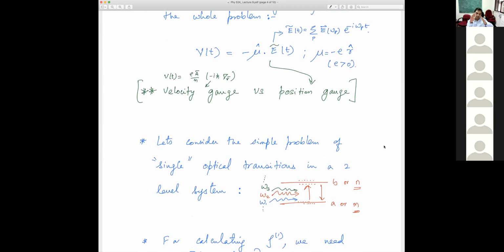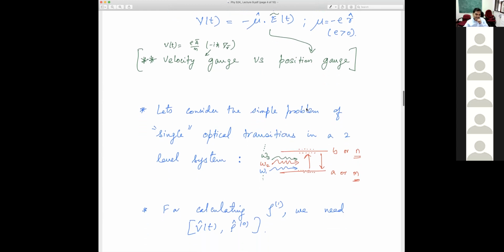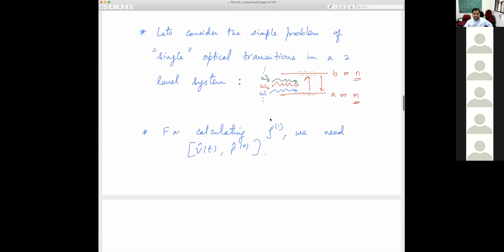They have a slightly different picture. One is in terms of momentum or velocity and the acceleration. So the first derivative of H and the second derivative of H. First derivative of H is like the velocity. Second derivative of H is like the acceleration. And here we have a picture in terms of this dipole moment. So we will start accumulating products of the dipole moment, and so on. But both will give you finally the same answer because you can do a unitary transformation and go from one to the other. Okay.